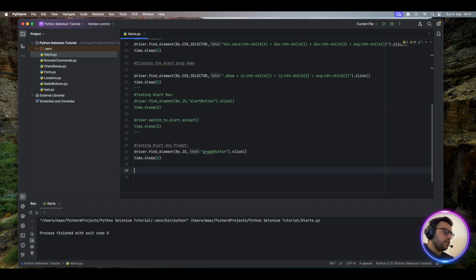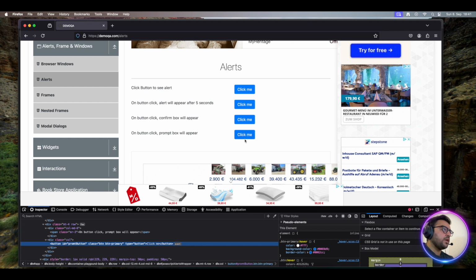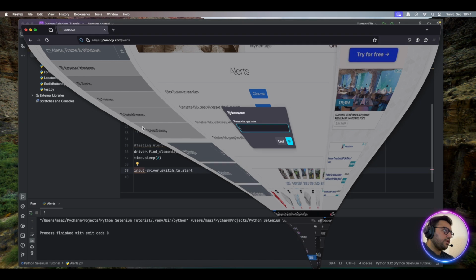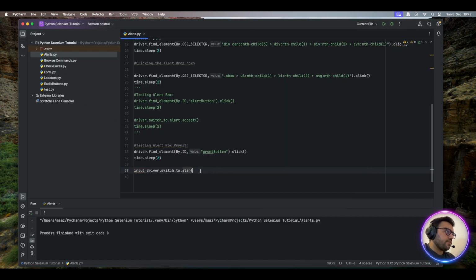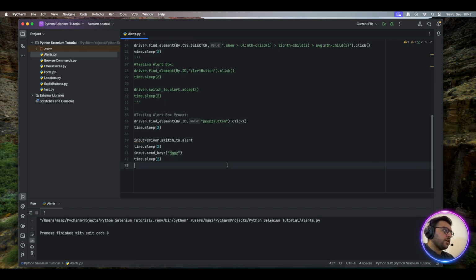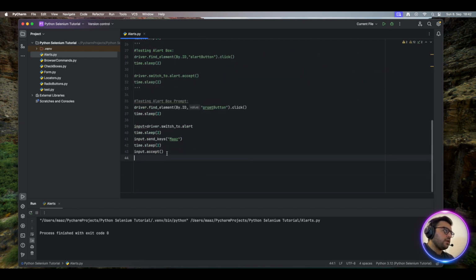And after time.sleep, what I'll do is I'll use a variable input equals driver dot switch to alert, so basically it will store the input box that you see here in the variable named input, and then I will basically send keys to this input box. So I'll write input dot send keys and write my first name, and again I need to do this time.sleep, and after sending keys I need to click the OK button. So I'll use input dot accept like we did before, and then again time.sleep,